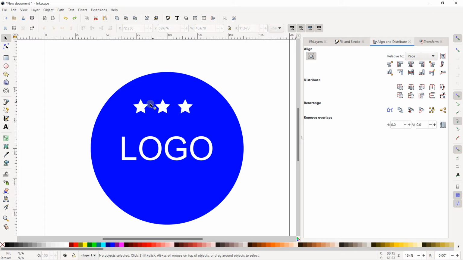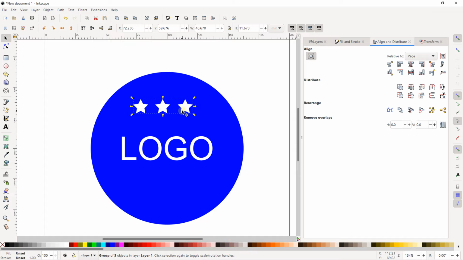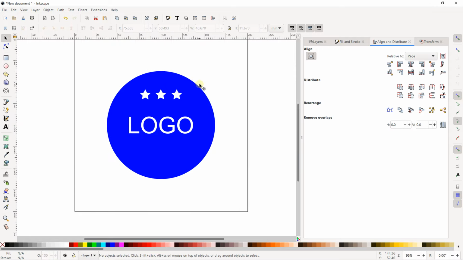You can also select the first, press Shift, the second and the third, and go right click, and you can just create a group. So right click and group. And now I position this element around this area, and I can make it relative to page, center on vertical axis. So you need to create a group first.